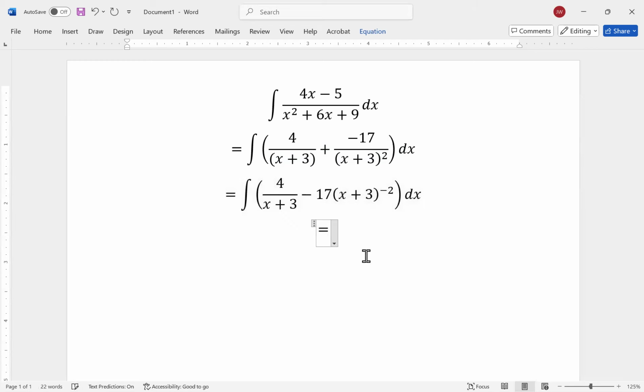So what I would end up with is 4 times natural log of x plus 3 minus 17 times x plus 3. When I raise the exponent by 1, I get a negative 1. And so I'd have to divide by negative 1. So I'd divide that 17